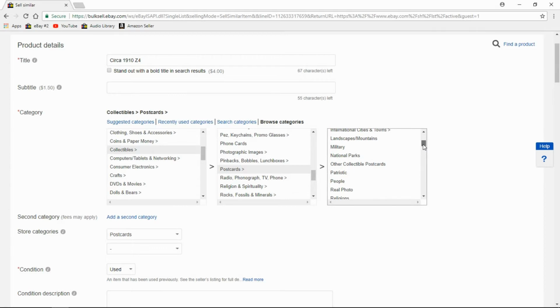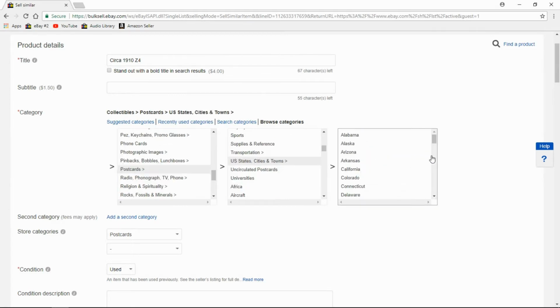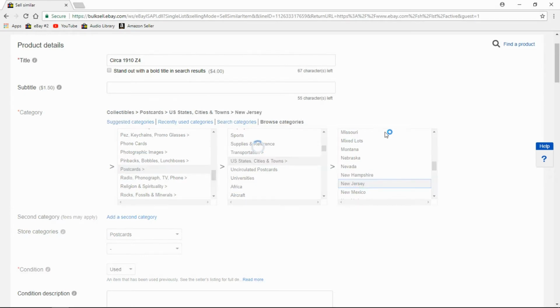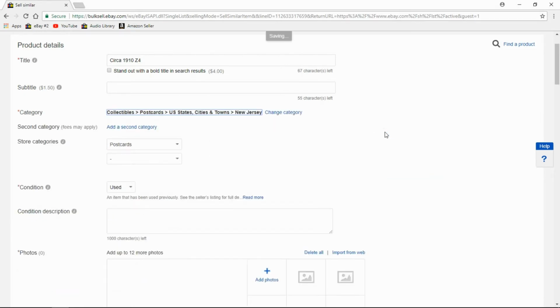I've got one from Passaic, New Jersey. Let's see here, where's states? U.S. states and cities. This is the best place to list cards for any state if you don't know any specifics. All alphabetized, New Jersey. Okay, so now we're going to